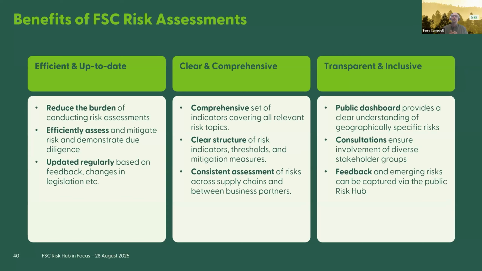And then the structure, it's important that the structure be an improvement as well. We had 5 control wood categories in the old risk assessment, and now we have 64 indicators that are much more detailed. So you can actually see what the indicator is. You can see what the threshold was, and you can see how it was assessed and what the risks are. So the structure of it is much more clear, and I think that made it a little easier for us to present this on a dashboard like the Risk Hub. I don't think we could have even dreamed of presenting the old risk assessments on an ESRI type of dashboard.